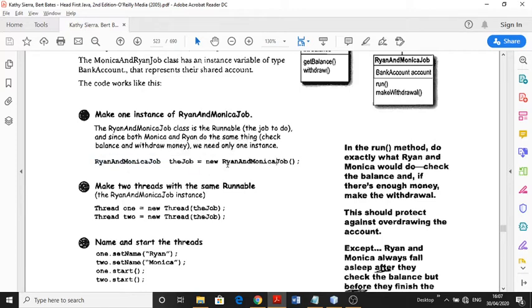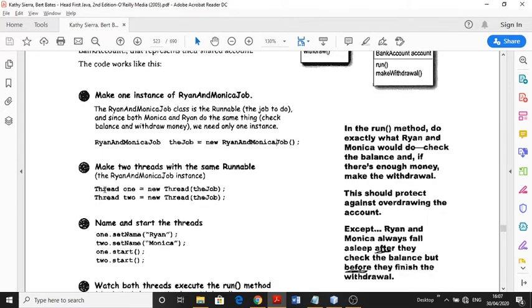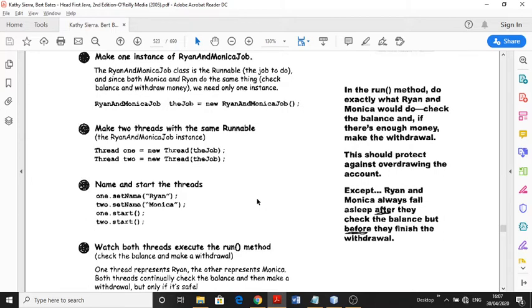This is the job, and we will create two threads, thread 1 and thread 2. Both threads will take this as their job. The job is the same for both threads. For convenience, we also set the names Ryan and Monica on the threads. Thread 1 is Ryan and thread 2 is Monica, and we start the threads.